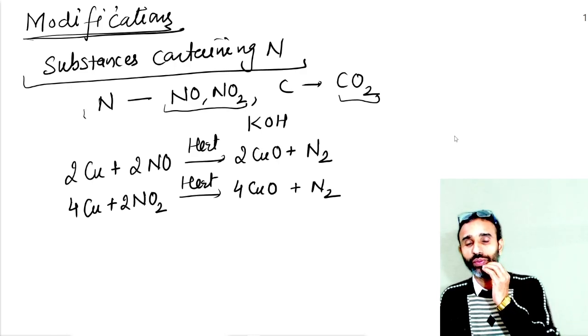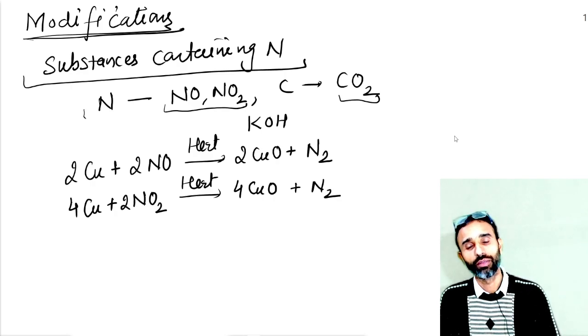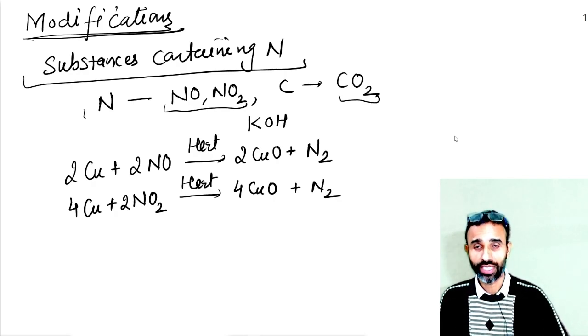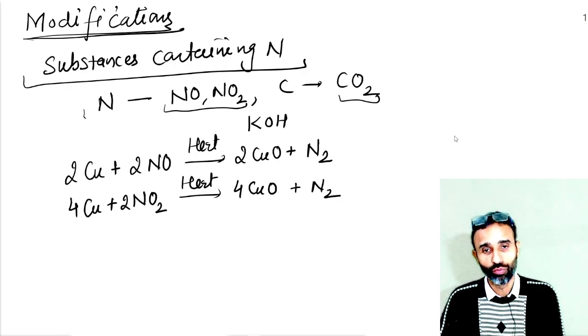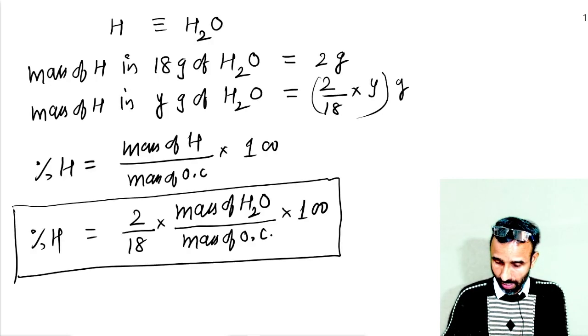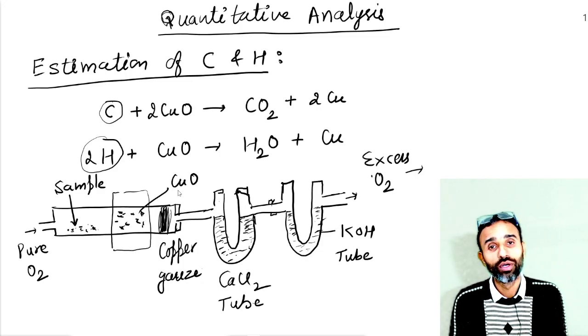So in this way we can estimate the percentage of carbon even if nitrogen is present in the organic compound, but we have to modify the tube. So what modification did we make? We were already using Cu and we already had O. No, we are using CuO. Yes,